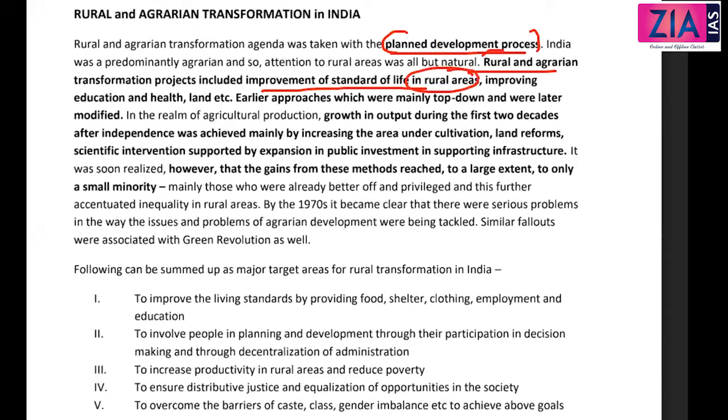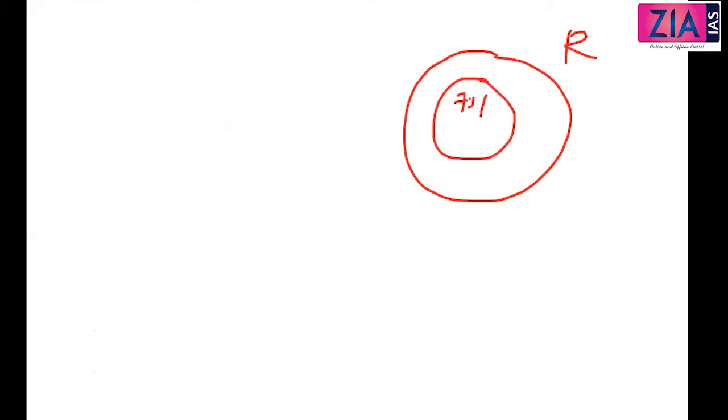Now guys, what is the difference between rural and agrarian? Is there any difference, or are both the same? Most of the time you will see both as synonymous. But when I say rural, what do you mean by rural? 75 percent is actually related to agriculture. That is what you mean by rural. Can I say agricultural labor and rural labor are the same? No. Those who are involved in agriculture are agricultural labor, right? There may be others also, some artisans, who are understood as rural labor but not agricultural labor.